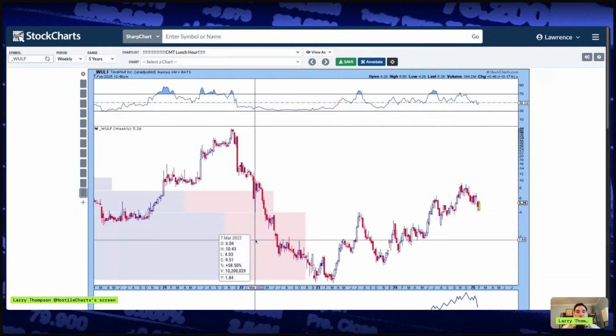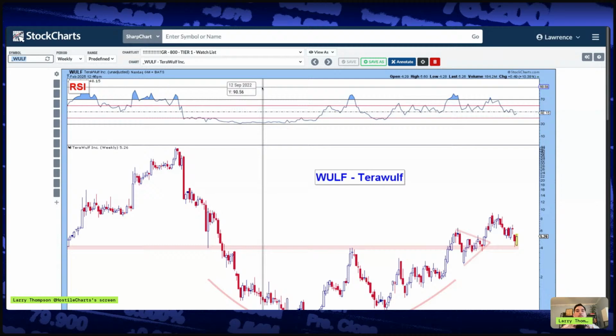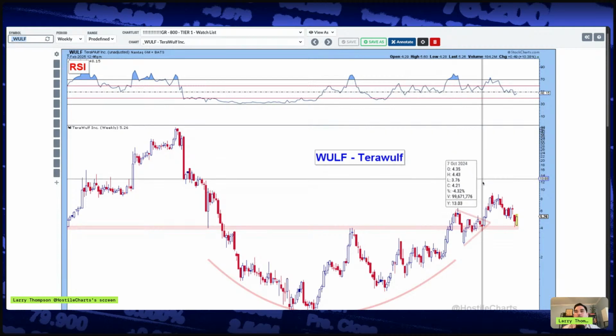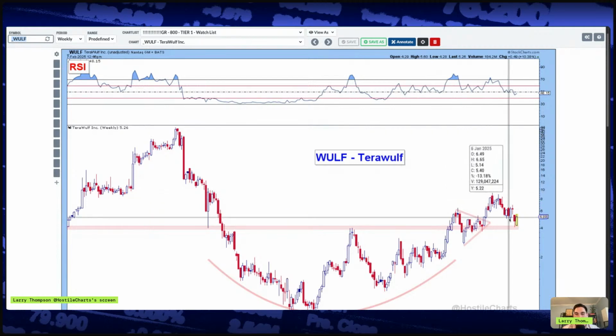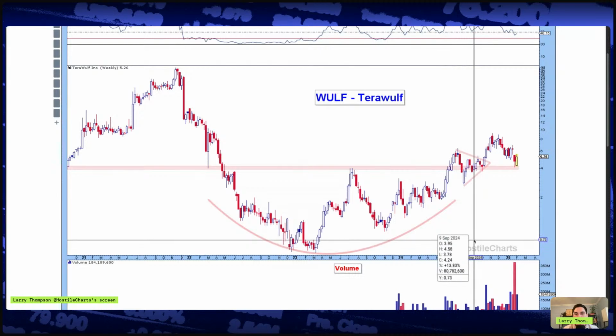Taking a look at Wolf here, it's kind of messy, right? Good day today, but it's kind of back at the bottom of this range here. Here, let me actually, I have a chart of Wolf. Let me pull it up real quick because I have this one actually edited already. Because it's a name I've had on my radar, right? It's a name I think everyone's kind of had on their radar. So this was my trade back in the day, and then kind of failed, and now it's back at this level, right? Already marked up, chat. This chart was already marked up with the levels. Already has my little hostile charts handle down here.